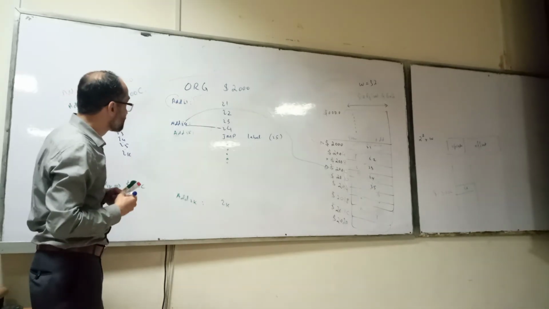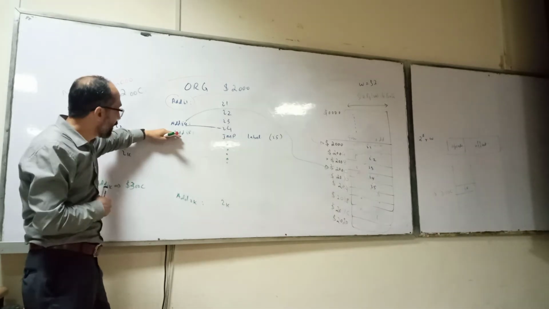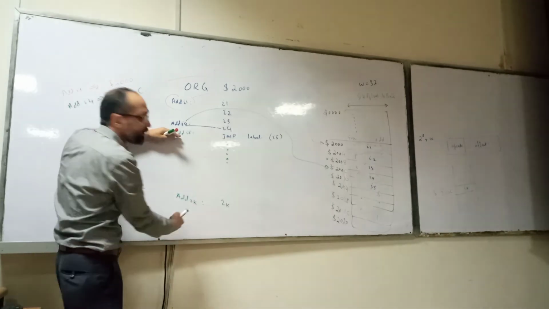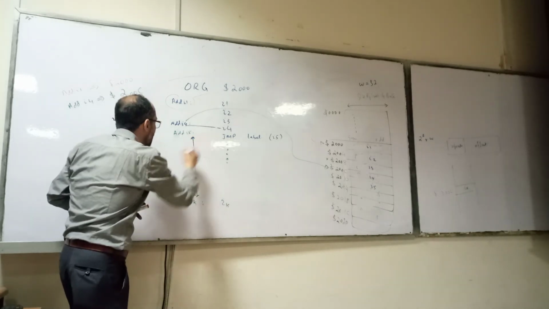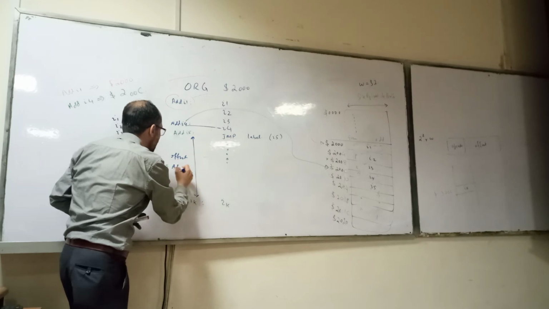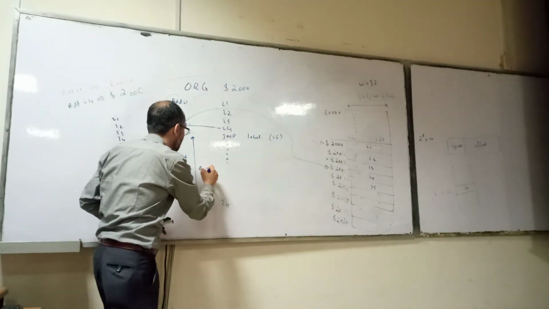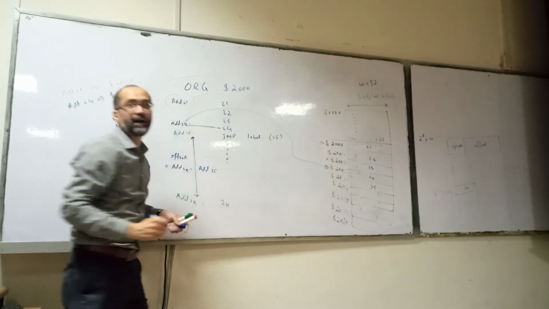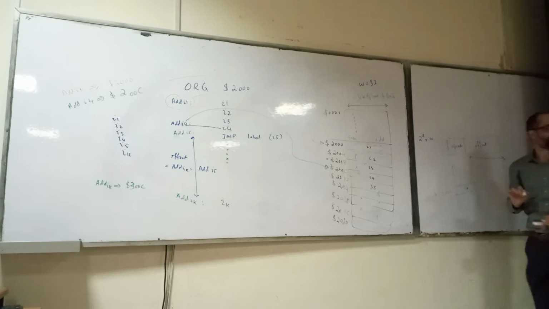So when the control is transferred, the program counter is pointing to this location. How is the offset calculated? Offset is calculated as address of IK minus address of I5,